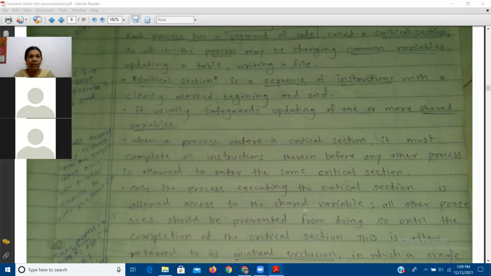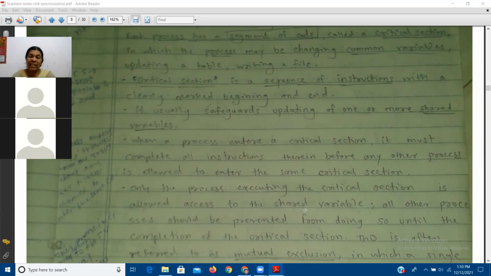For example, suppose the system consists of two processes, process P1 and process P2, and both processes want to utilize the resource R1. Listen carefully. Two processes, P1 and P2, want to access the resource R1. So R1 is the common resource. Either P1 will be using R1 or P2 will be using R1. When P1 is utilizing R1, in the sense that P1 is in its critical section and trying to update or do something with R1.